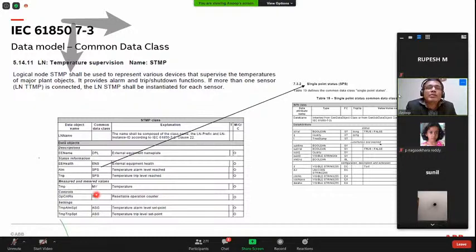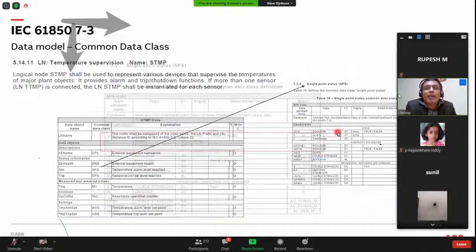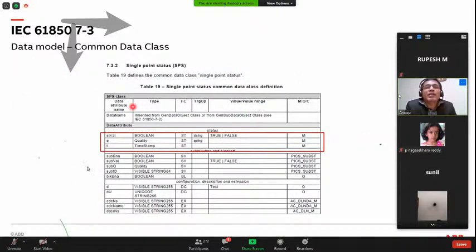But I'm going to explain for you to understand. I only take the SPS, which is easy to explain because it's binary information. So I'll just switch to the slide next, and you will understand what the single point status is all about. So I have enlarged that single point status. So as I mentioned, I have a